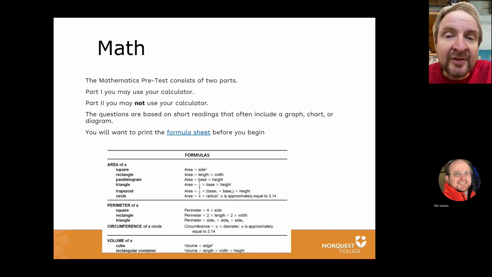Again, it's really critical, if you haven't already, to print the GED formula sheet. The link is right there in the math section, also when you go in to do the math exam, and also at the top of the course. If need be, just email me and I'll send you the GED math formula sheet. You need a few copies of it. Definitely put one on your fridge,